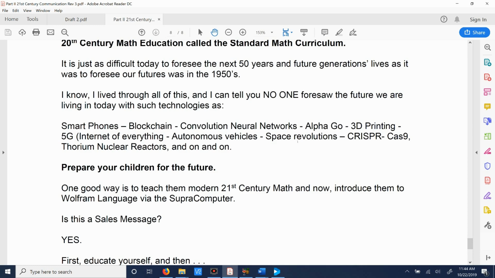SpaceX, reusable rockets, and all that. What Jeff Bezos is doing with Blue Origin. In biology, CRISPR-Cas9. If you don't know about it, believe me, that's going to revolutionize... it is revolutionizing biology. The only solution, if you want to get rid of carbon dioxide or lower it down, is going to be nuclear reactors. Windmills and solar panels ain't going to do it. It's going to take nuclear reactors.